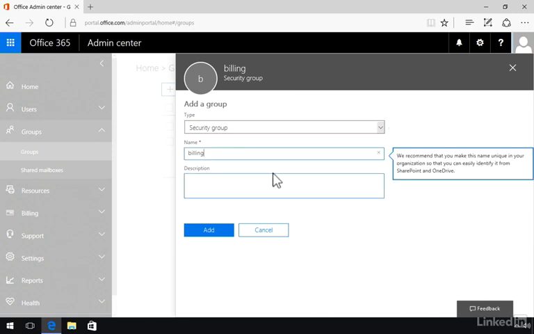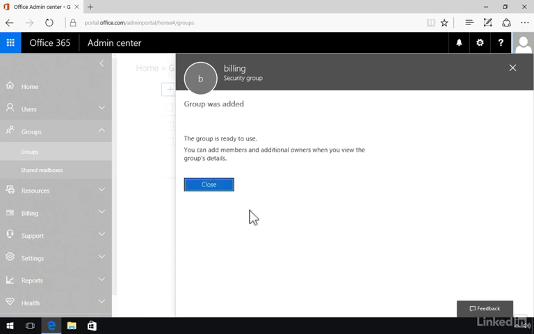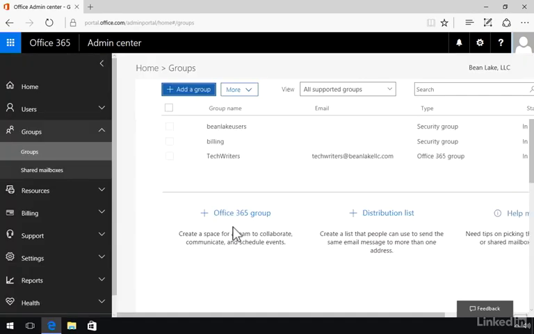So I can still use the same name, billing, here. I just don't get all the email options that I did when I set up an Office 365 group. So this is just an administrative entity that I am creating. So I add the group, the group was added, the group is ready to use, and that's really it. The group is not populated with anybody right now, it's just set up,